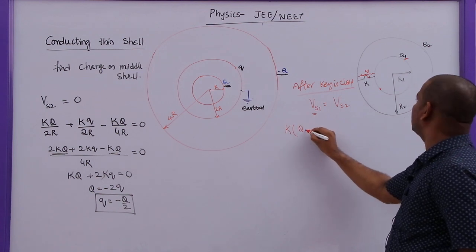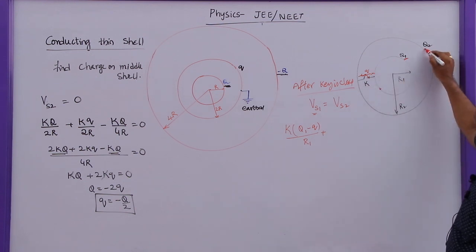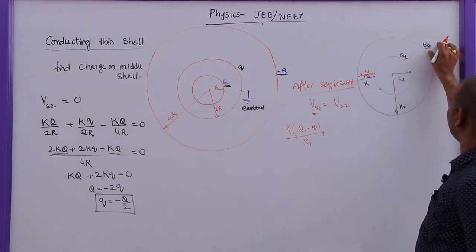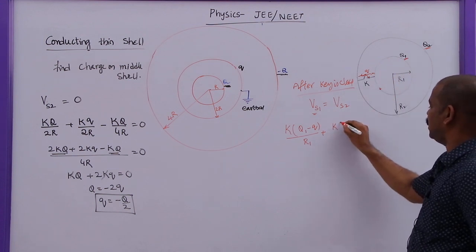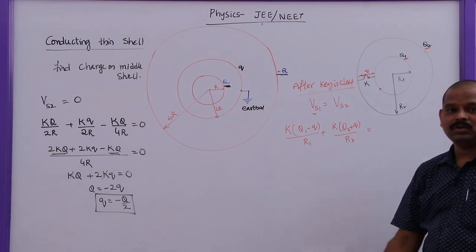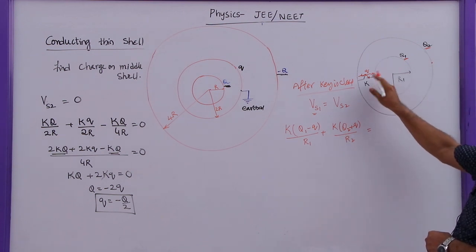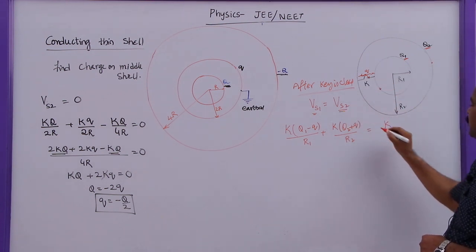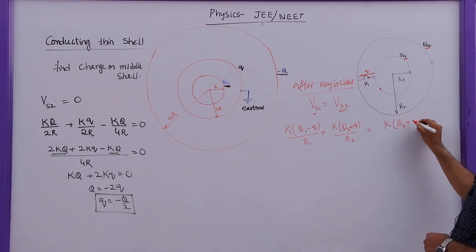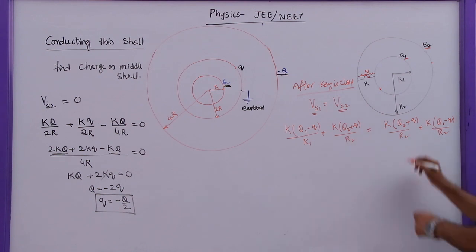So the present charge will be Q1 minus q, by R1, plus, as this charge is added to this one, the charge on this one will become Q2 plus small q, that is K (Q2 plus q) by R2. So this is the total potential on the first shell. Now what is the potential on the second shell after the key is closed? This is V2 I am finding now: K (Q2 plus q) by R2 plus K (Q1 minus q) by R2. You can see these two are same.